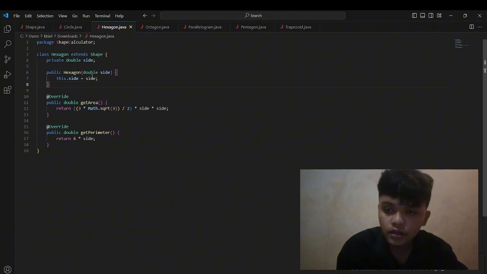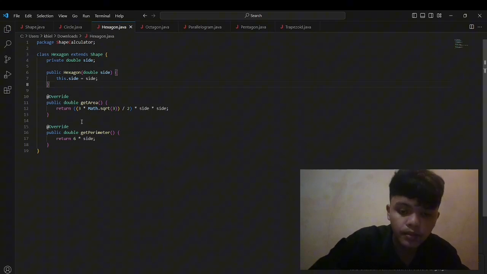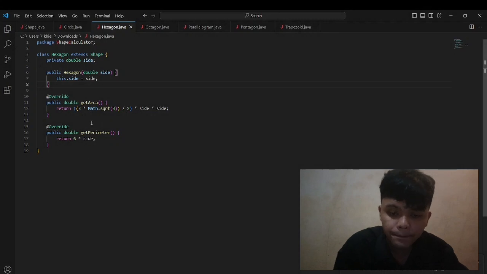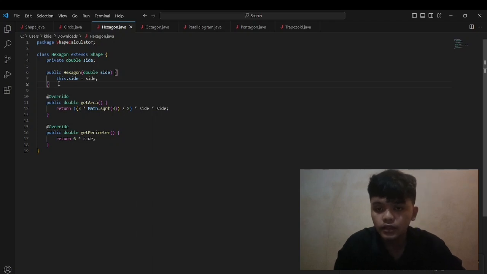Private double side. The constructor for the hexagon class takes a double value for the side and assigns it to the member value. Public hexagon double side, this.side equals side.